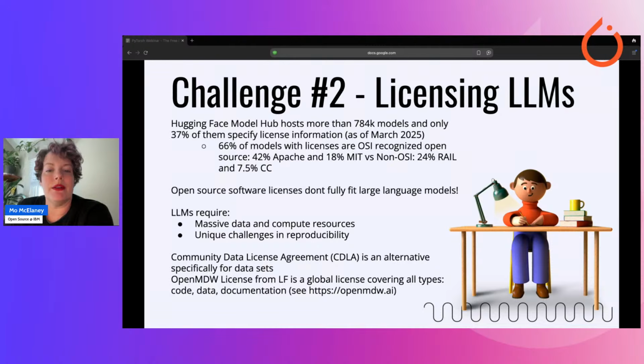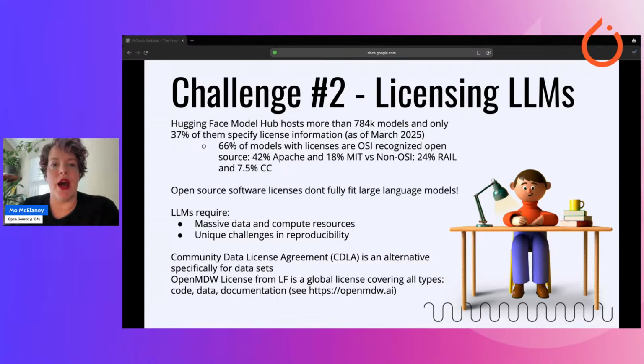And in fact, models aren't just made of software. So in a model, you have source code, you have model architecture, along with the data and the weights. So you can't really just apply a software license to a data set. It just doesn't work. It's not one for one. So for your data, you can use something like the CDLA or OpenMDW by the Linux Foundation.